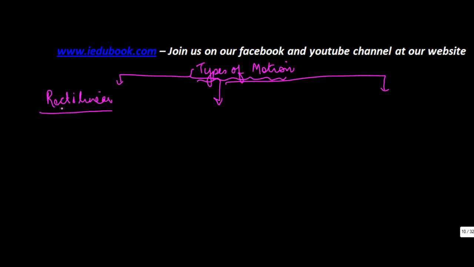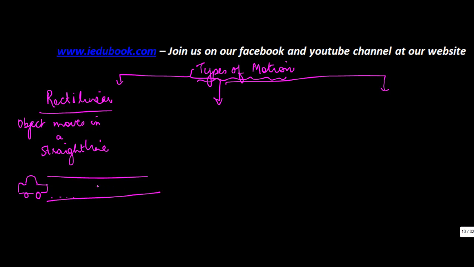A rectilinear motion takes place when an object moves in a straight line. Let's say you have this car on the road, and let's say this is the road. So the car will move from this place, it will reach a different place. So when this car is moving in a straight line, it is called that the car is in a rectilinear motion,